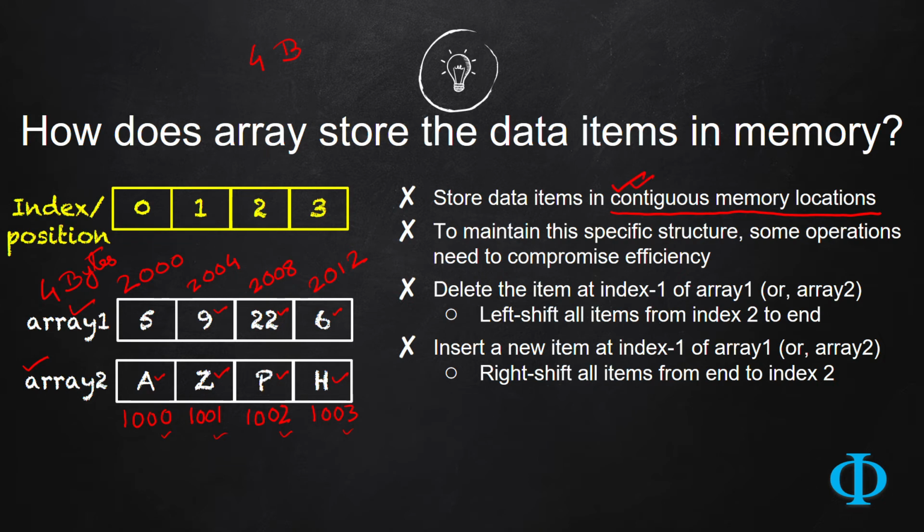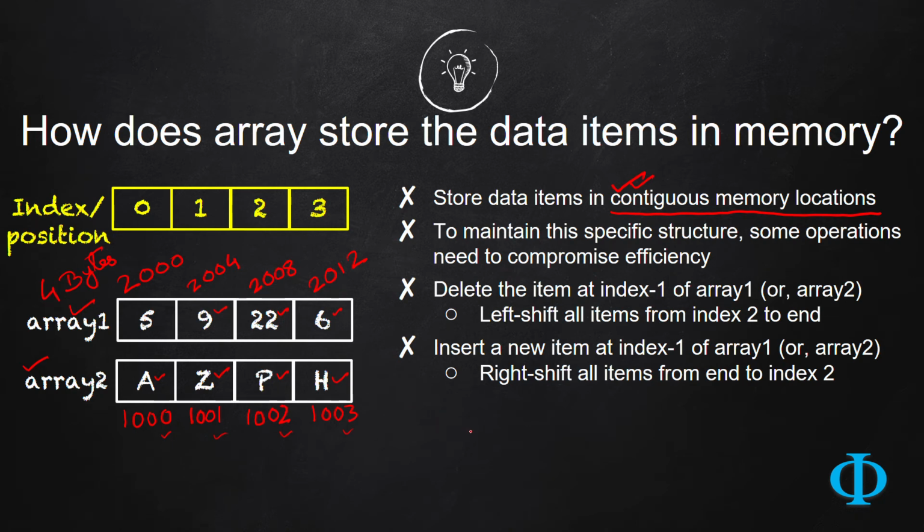There is no gap between them. They always occupy consecutive memory locations. Now this representation has several benefits as well as disadvantages. What is the benefit? The benefit is basically